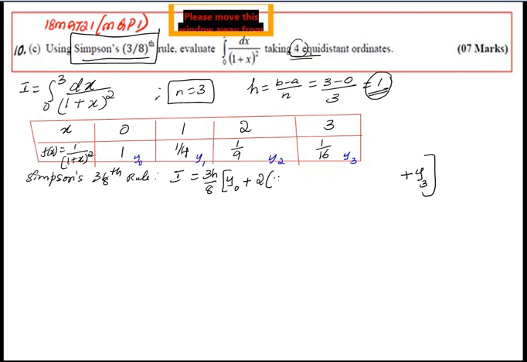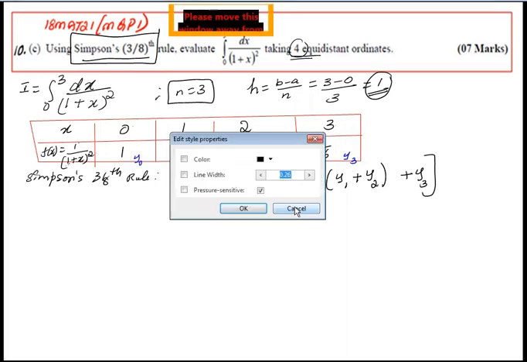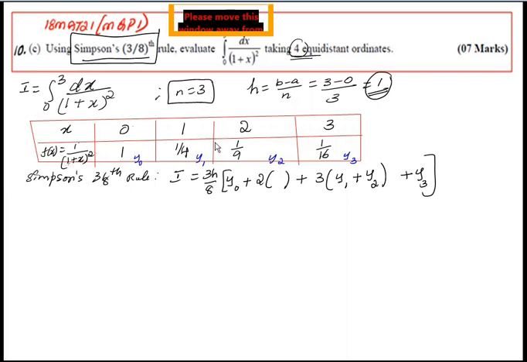So I should not write y3 here. So leave this space, there is no number, plus 3 times the remaining values, that is y1 and y2. Okay, so I will delete this value 2 into y3, but y3 is the end point, so it is written already here. So there is no value in this case.